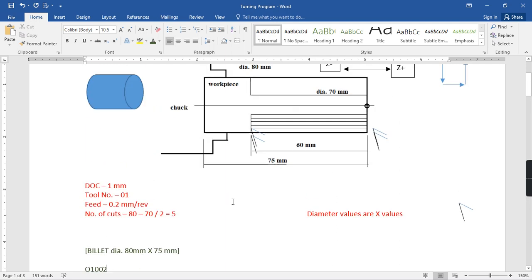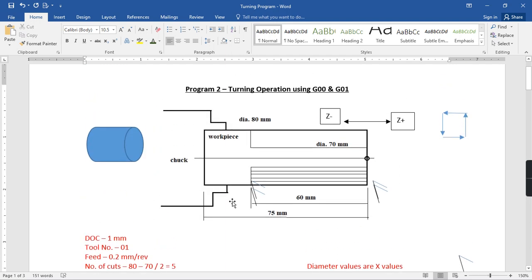So 3 parts we have written, very simple, similar to facing, but the only difference is the direction and what I am changing. Here I am changing X and there I was changing in facing the Z. Now in industry they may use minus 1 also, X minus 1, that way also you can write.